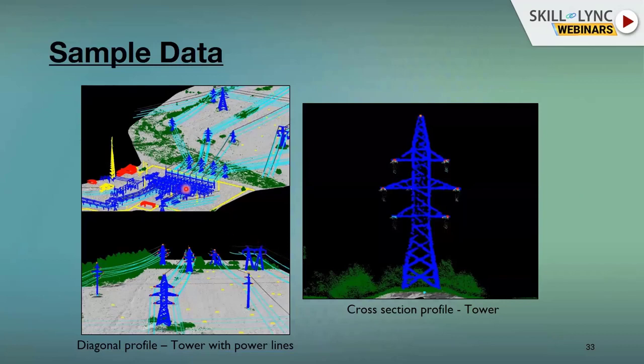So you see the blue colors are towers or substations. The yellow color indicates the buildings, right? The light blue color is the power line, right? And the green color is the vegetation area. So these are the data classification parts that will be involved, and we can classify each and every feature by